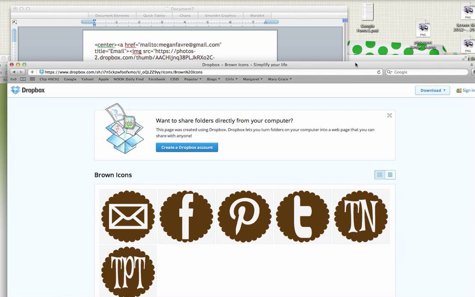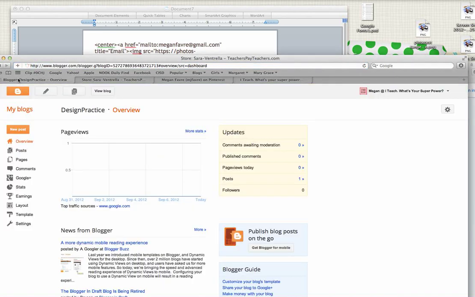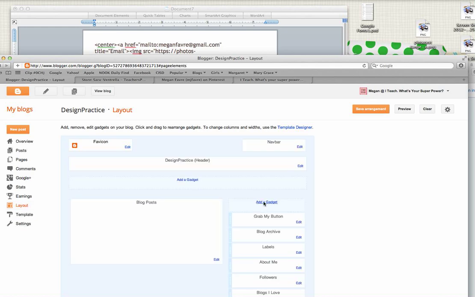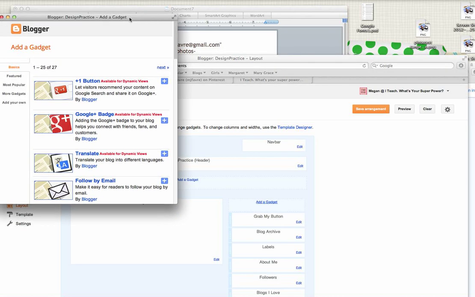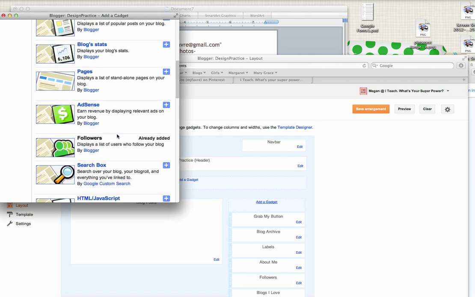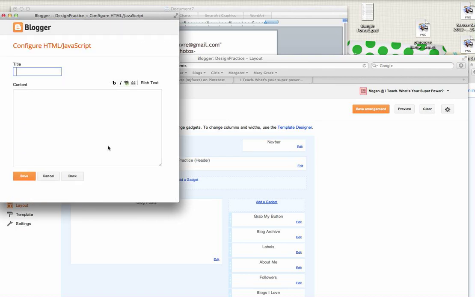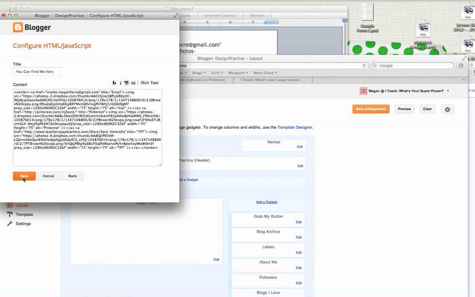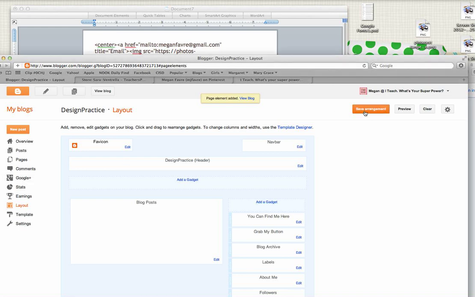So I'm going to go to my blog. I'm going to go to Layout, Add a Gadget. Let me bring that in so you can see. I'm going to go down to HTML. I can put a title in, I don't have to. And I'm just going to paste all that crazy HTML in, save, click on Save Arrangement, or you're not going to have it. Now I can view my blog,